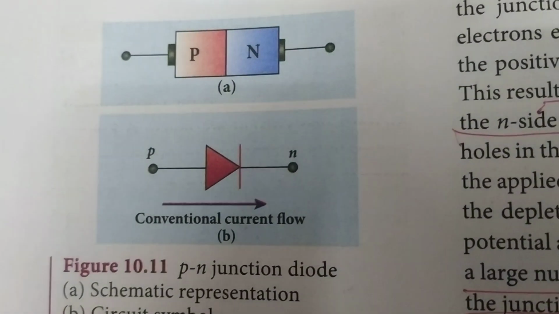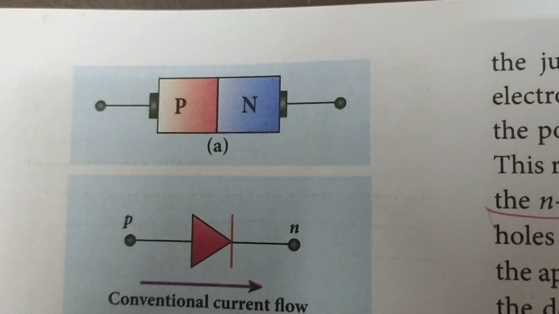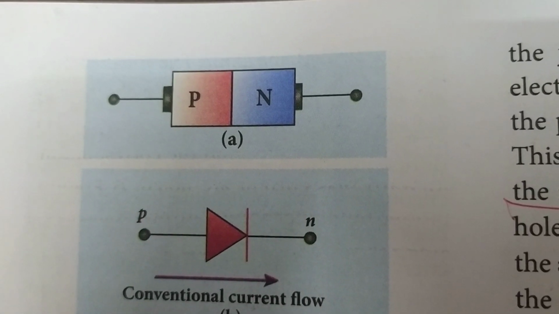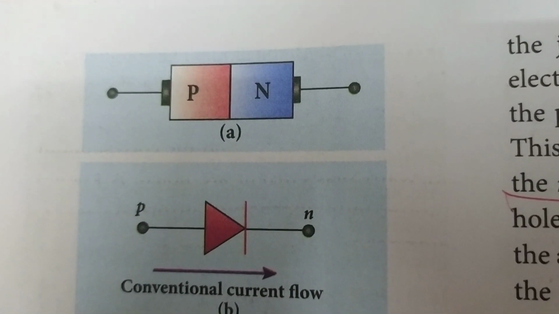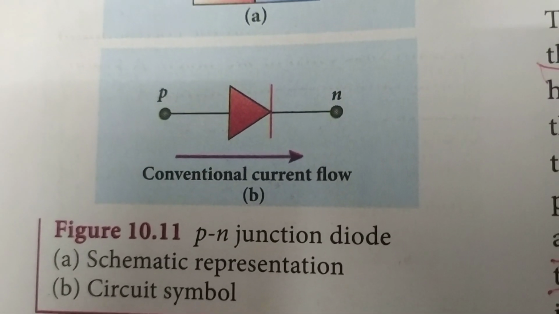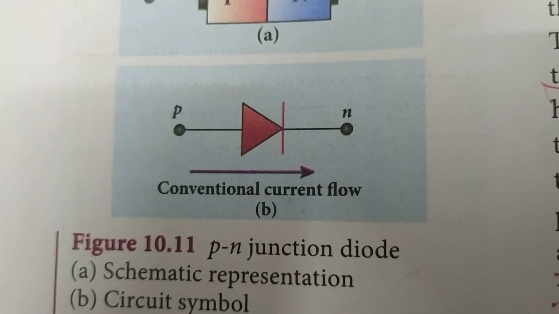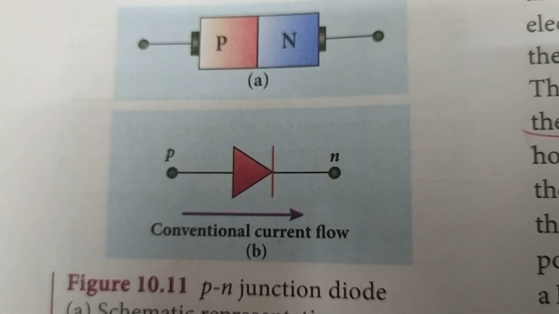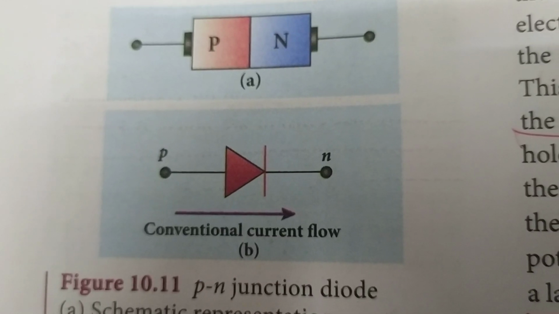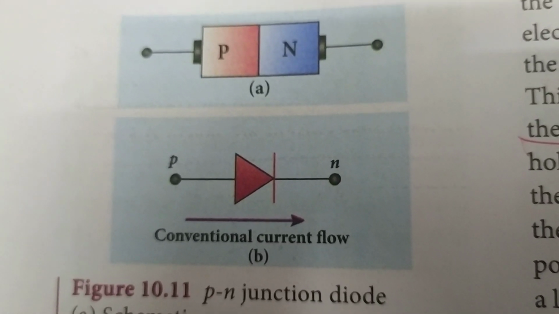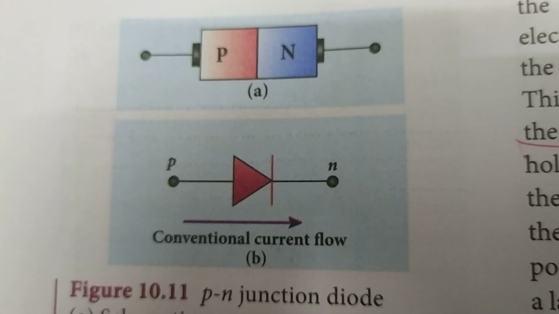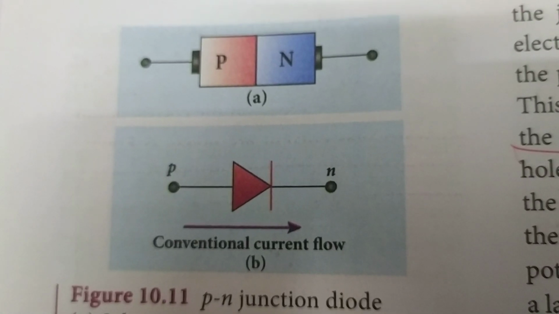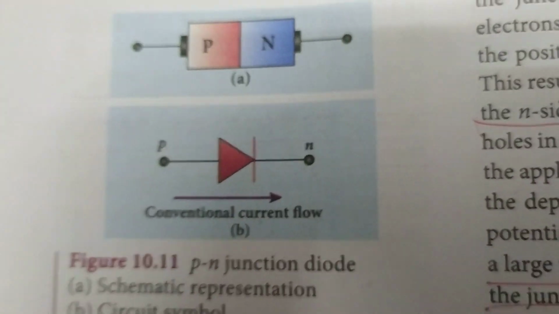The first diagram is a schematic representation of a diode, that is a p-type and n-type. The orange portion refers to p-type and the blue portion refers to n-type, and this is called a diode, and this is the symbol for a diode. A triangle with a line: the broad side of the triangle is called p-type, and the line on the right hand side is called n. So the base of the triangle represents the positive p-type, and the line on the right hand side gives you the negative type.